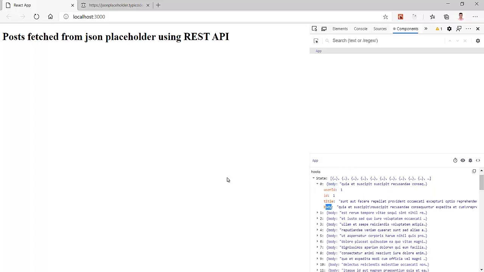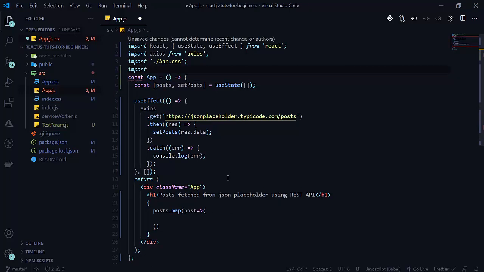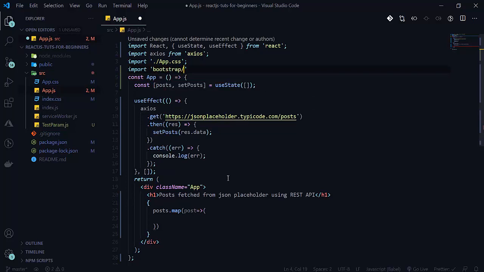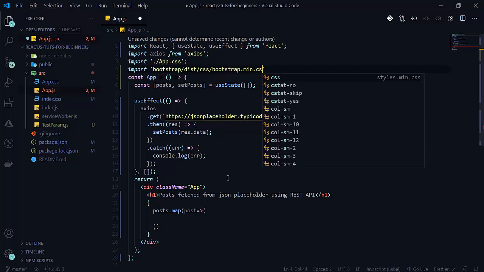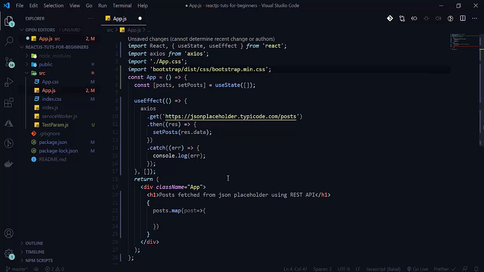We will be using Bootstrap here. So first of all let's import our Bootstrap. Import bootstrap/dist/css/bootstrap.min.css. We will be using Bootstrap here.